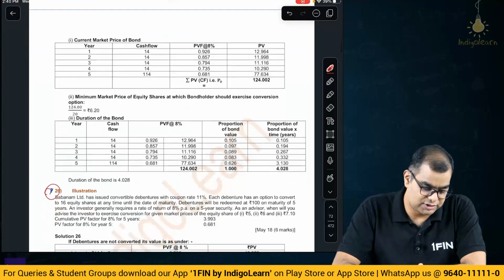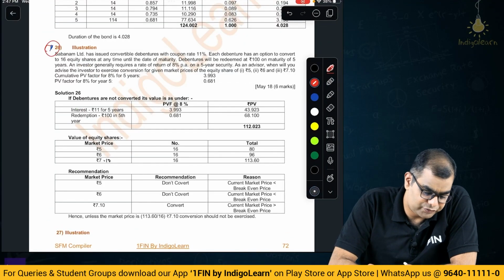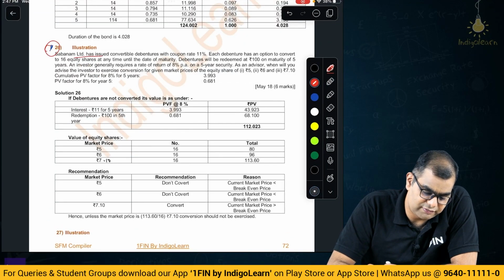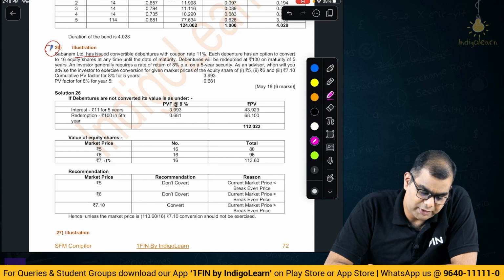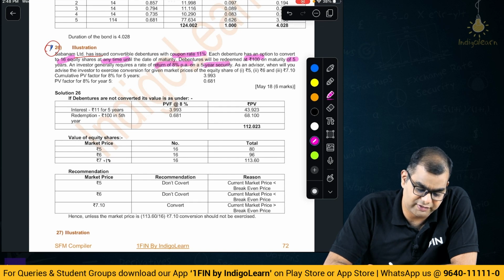Now let us look at the other ones. Let's look at the next question. Shabnam Limited has issued convertible debentures with coupon rate of 11%. Each debenture is an option to convert to 16 equity shares at any time until maturity. Debentures will be redeemed at 100 on maturity of 5 years. Investor generally requires a rate of return of 8% on a 5-year security. As an advisor, when will you advise the investor to exercise the conversion for given market prices of 5 rupees, 6 rupees, 7.1 rupees? Cumulative present value factor for 8% for 5 years is 3.993, and